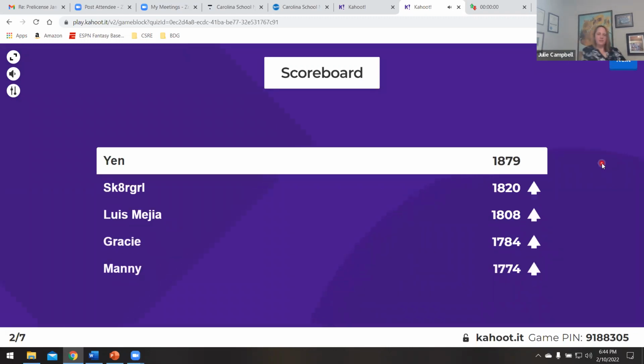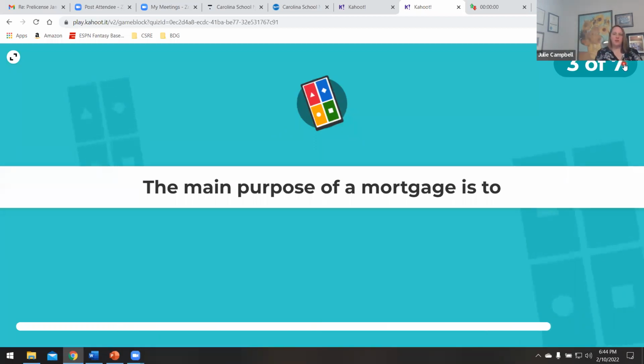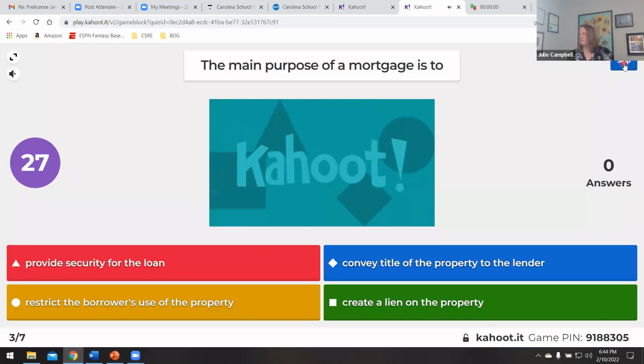So we got Yan stayed on top, Skater Girl and Lewis. Gracie crept up, Manny crept up. The competition is on. Question number 3. The main purpose of a mortgage is to